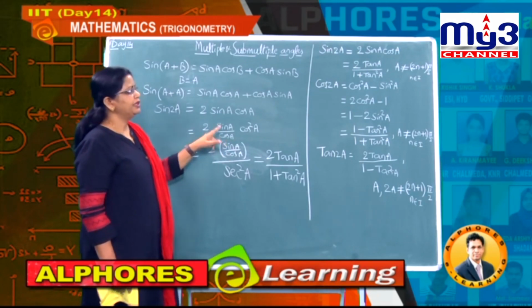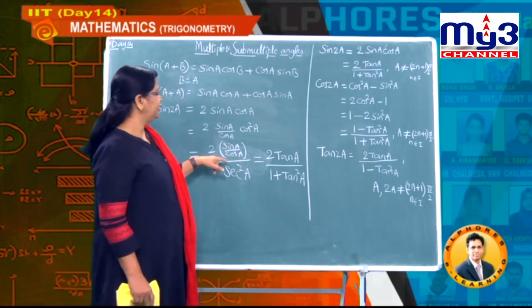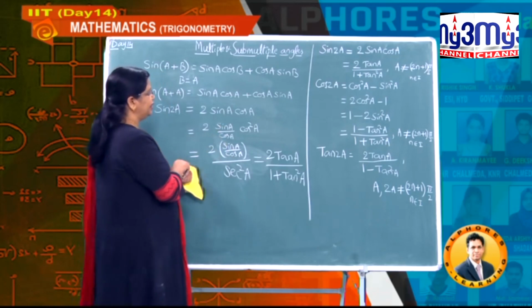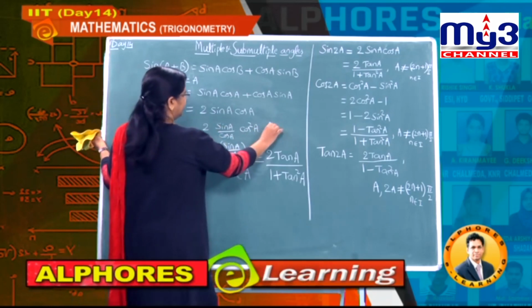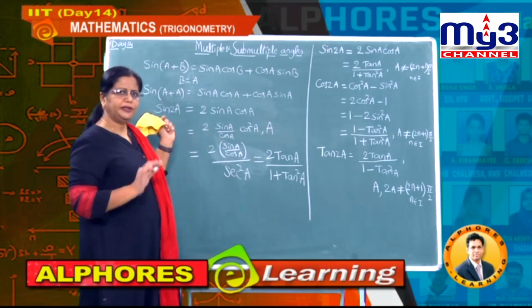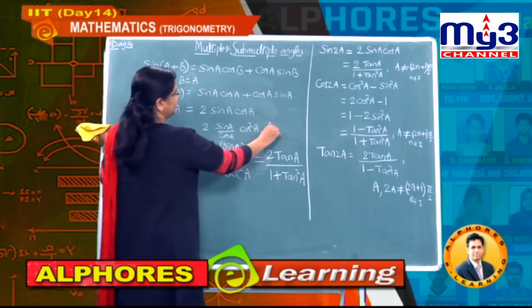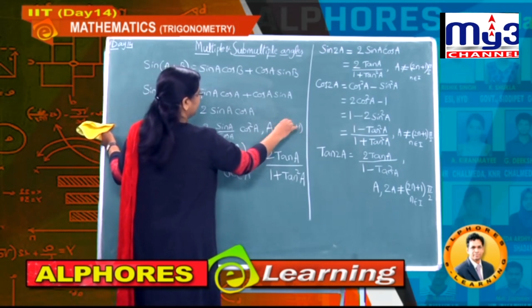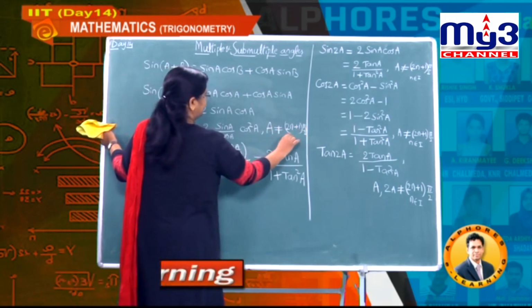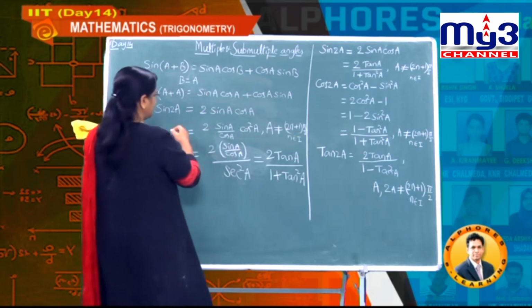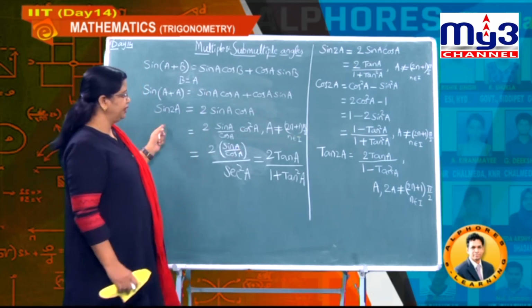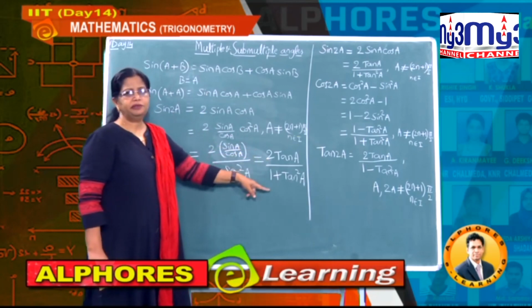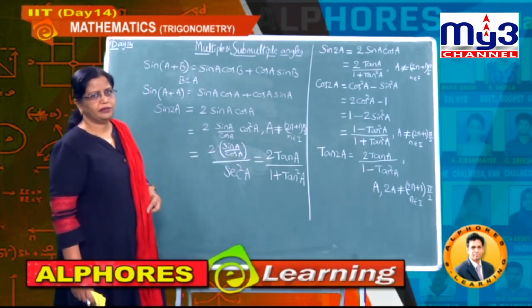That is why, what is the necessary condition we should write? Whenever you are writing cos A in the denominator, obviously here the extra care you have to take is that it is not true for all real numbers, and hence it is true only for real numbers which are not odd multiples of pi by 2. So this is the important point while writing the second formula, that is sin 2A in terms of tan. So what you got? Sin 2A value as 2 tan A by 1 plus tan square A.